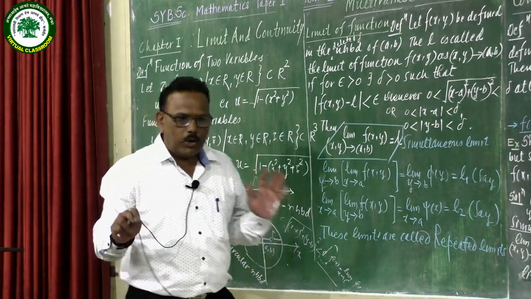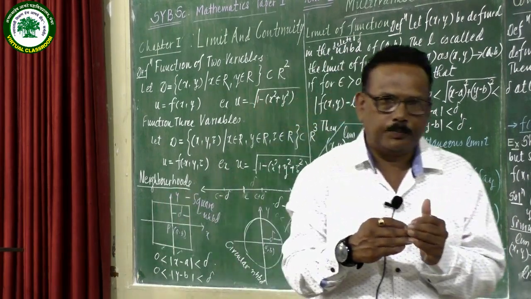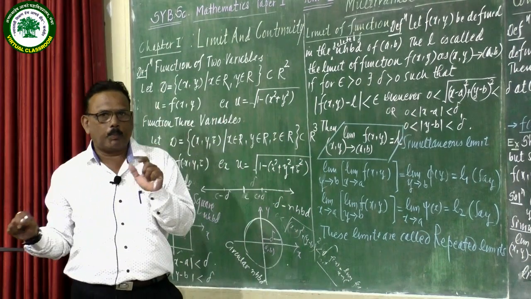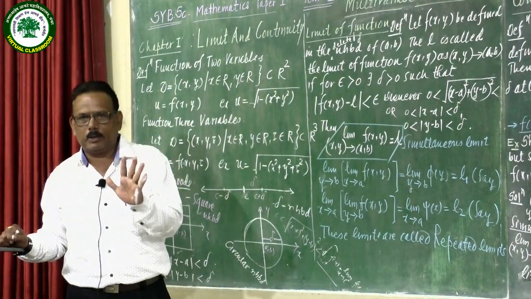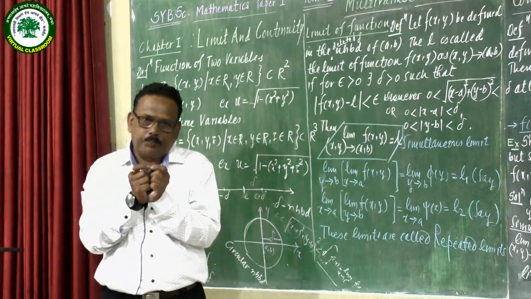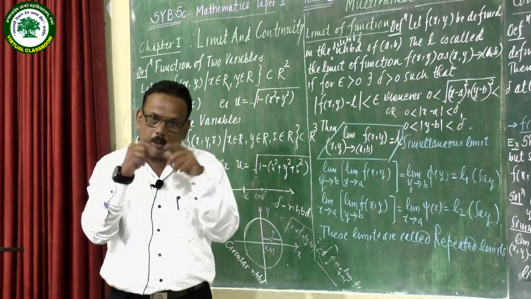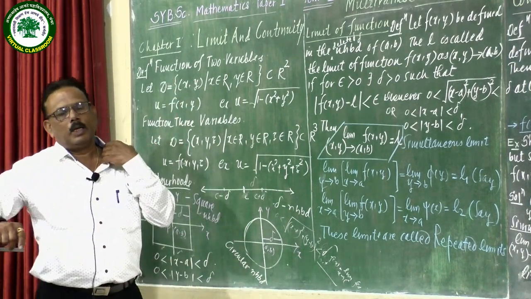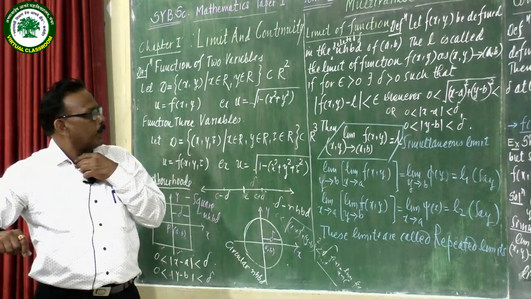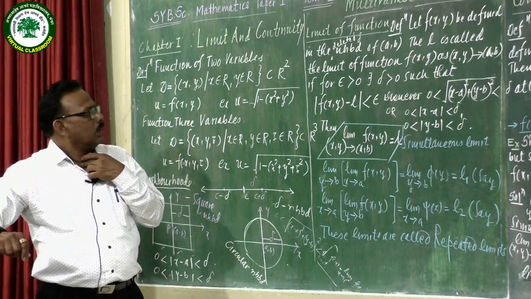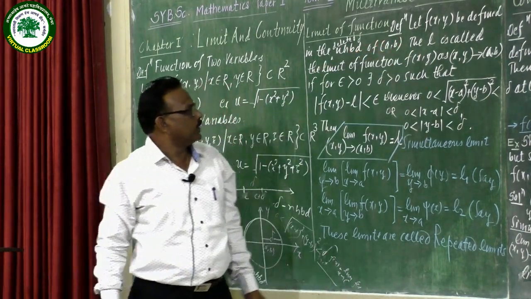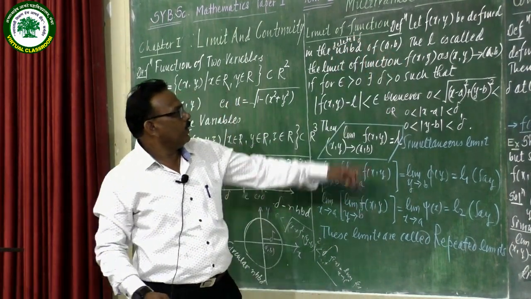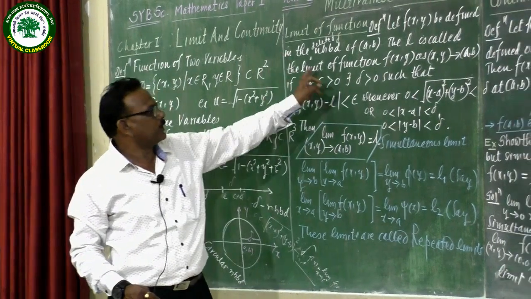Now we have to approach towards (a, b) along different paths, and while you are considering the definition of limit, you should travel towards (a, b) along different paths, and in that way we define the limit of the function. What is the limit of a function? Here in this case, let f(x, y) be a function which is defined on a deleted delta neighborhood of (a, b), then L is called the limit of the function f(x, y).